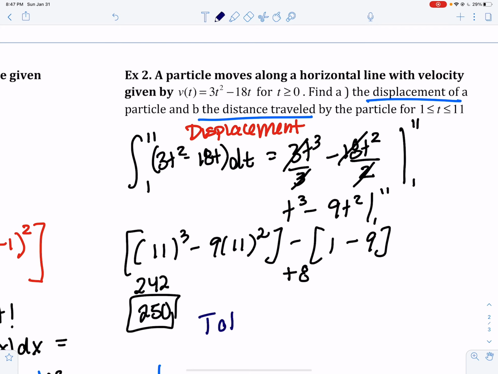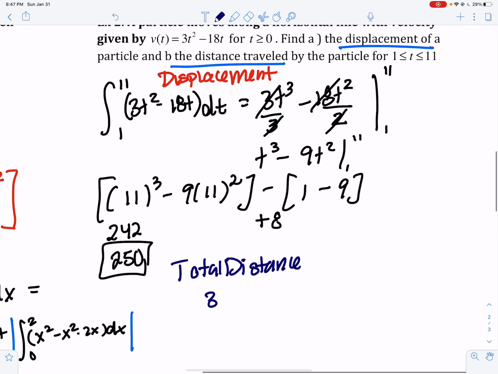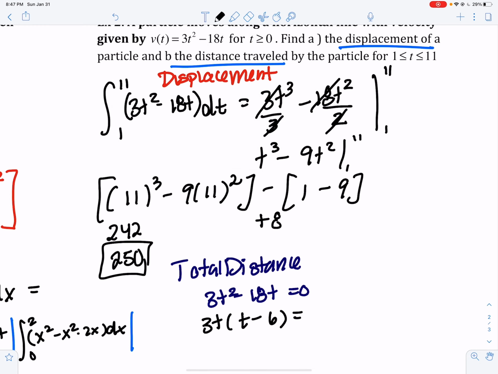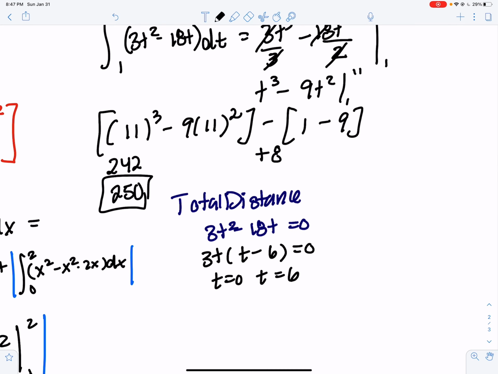Okay. Now let's look at total distance. Remember, for total distance, you need to find the zeros first. So we need to set 3t squared minus 18t equal to 0. Let's do a little factoring and then find our zeros. 0 and 6. Which means we need to break up this integral into the integral